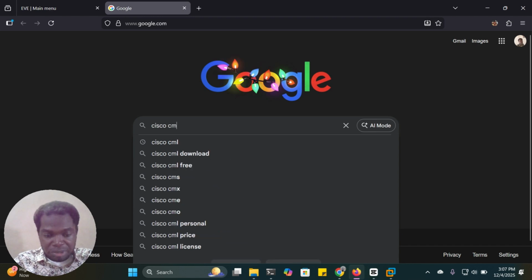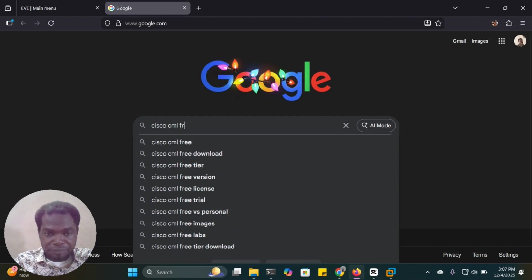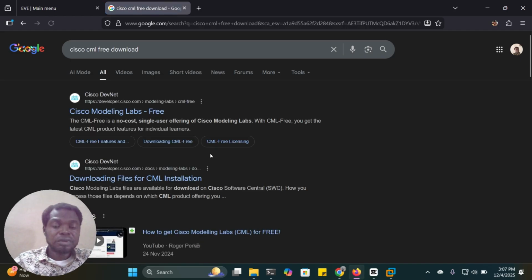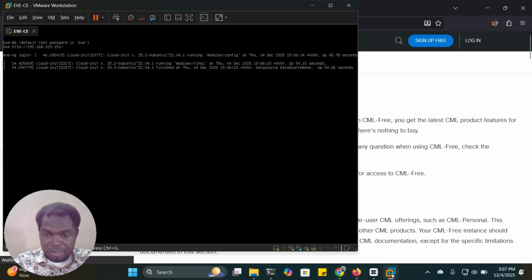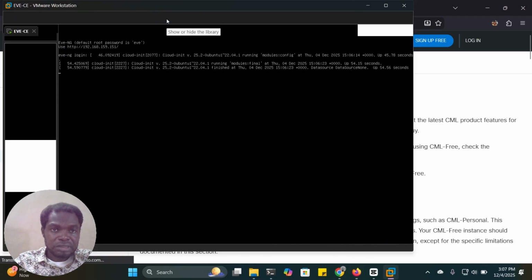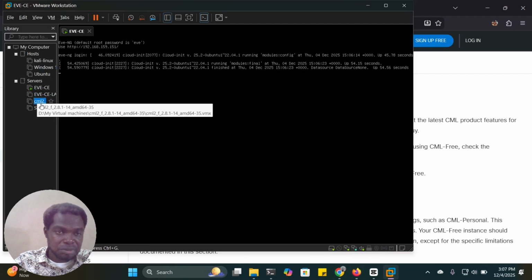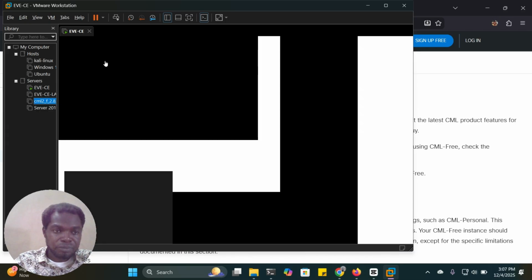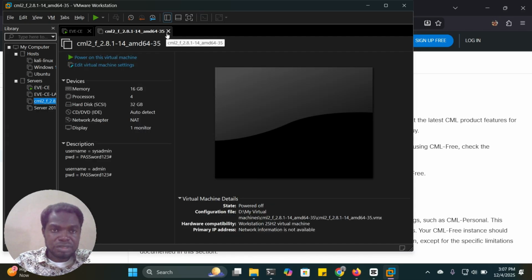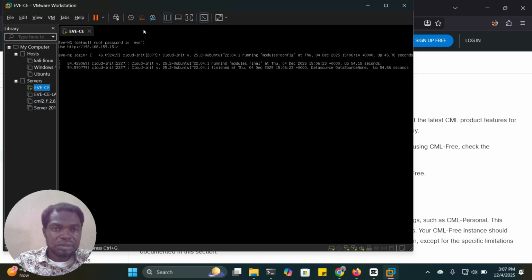Cisco CML free. So what I did is I downloaded the Cisco CML. So you can see in my lab here, my Workstation Pro, the Cisco CML, the free version.